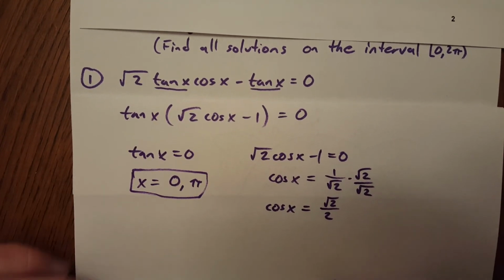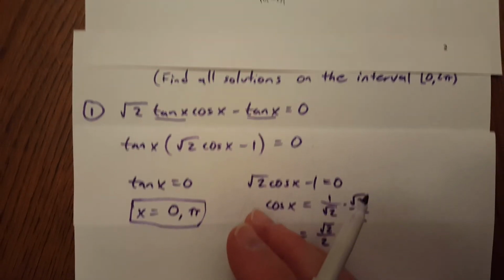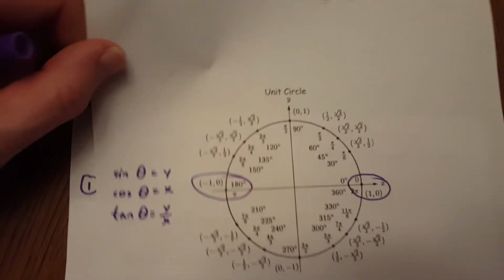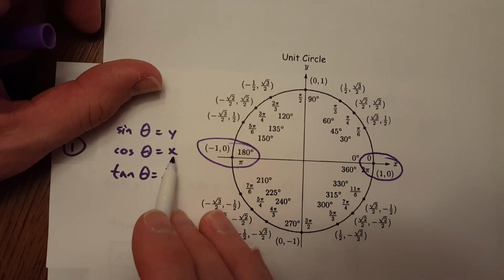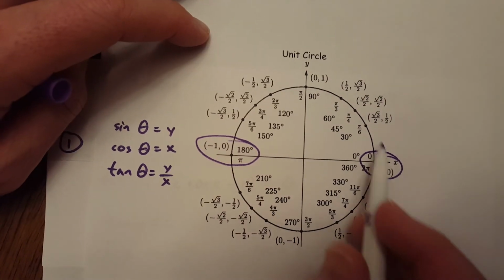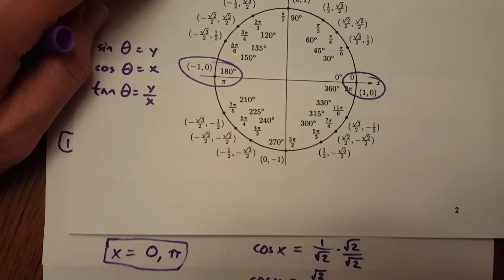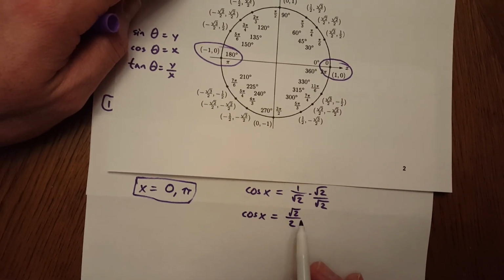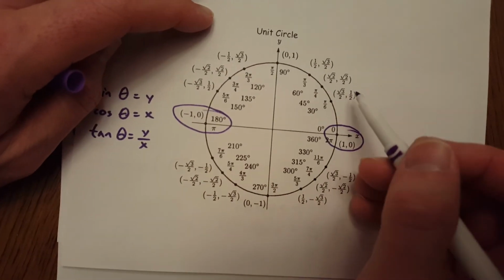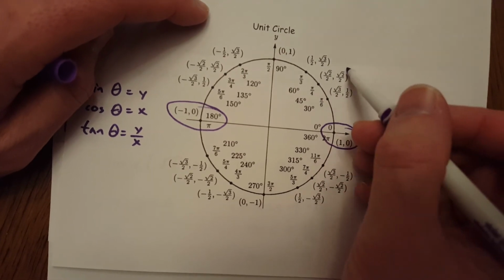Now once we have that, we look back at the unit circle, and the cosine value, remember cosine is the x, so we're looking in one turn of the unit circle where our cosine, where our x value is square root of 2 over 2. So there's a couple of places. Here's one of them,